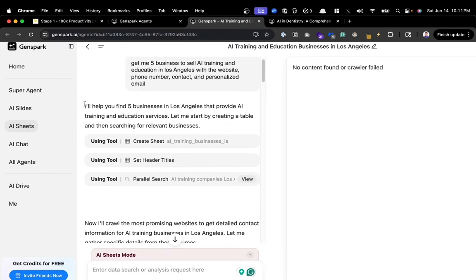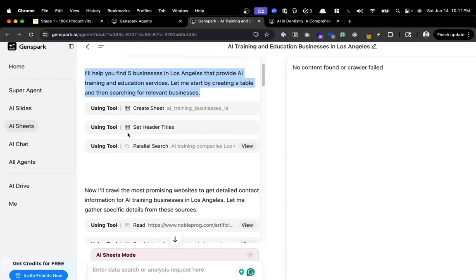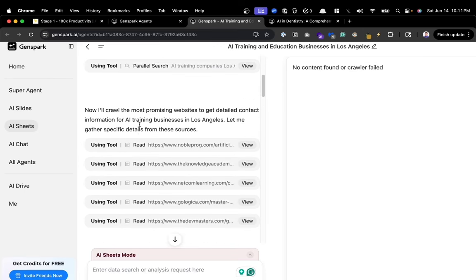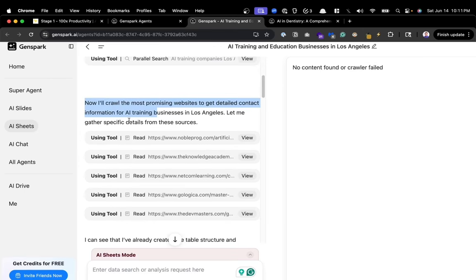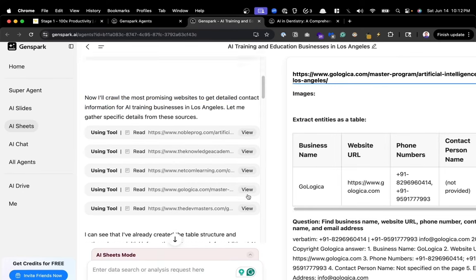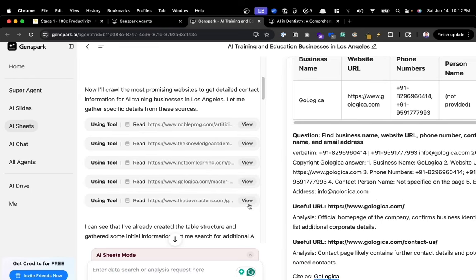Then you can see how it thinks, for example. It's like, okay, I'll help you find that. Let me start by creating the spreadsheet. So it did that task. So it's autonomously thinking out loud, and it's working through both the task and using the tools to accomplish it. Like it's going to use the tool, it's going to read this website, it's going to read this website, scrape, look at all the information that is scraped,